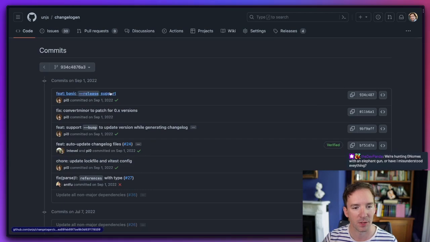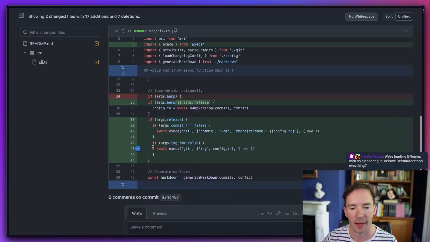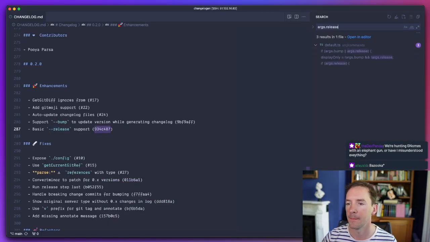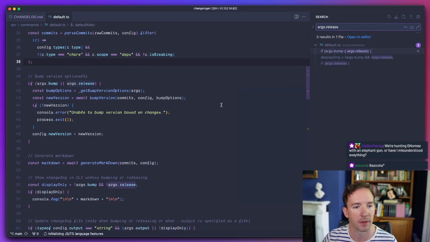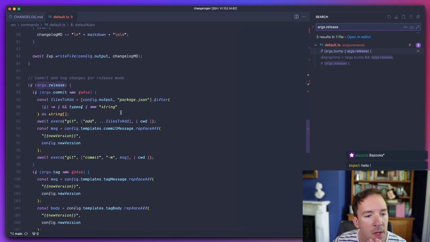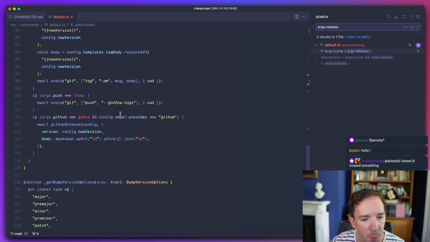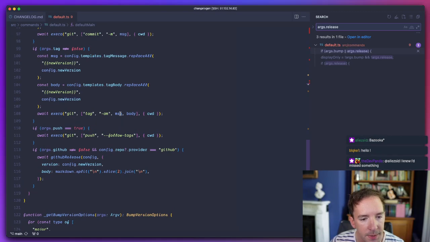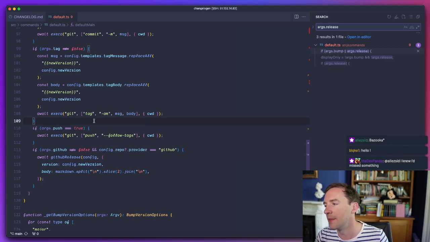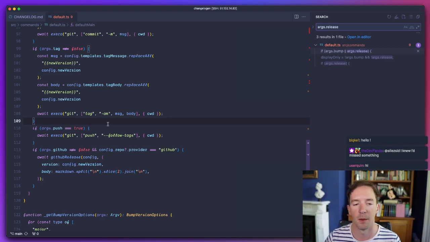Okay, so this is what I'm looking for, and we do that with our args.release. And that bumps the version, generates the markdown. And then, I see it's very sequential here. Right. We also presumably need to be able to configure what package we are releasing, because Nuxt is released as nuxt 3, and then the other ones have the -edge suffix, but it's not